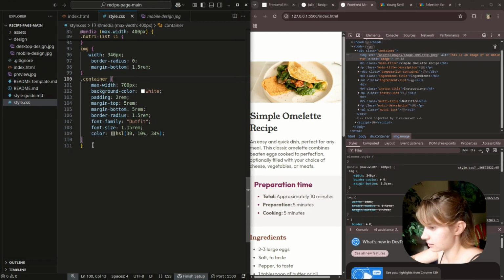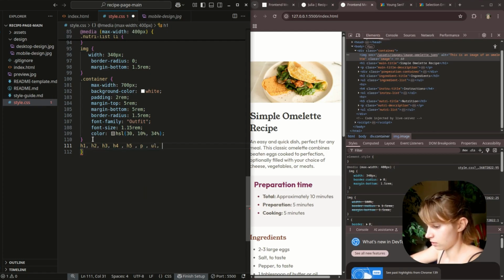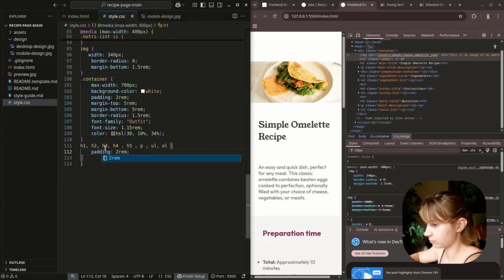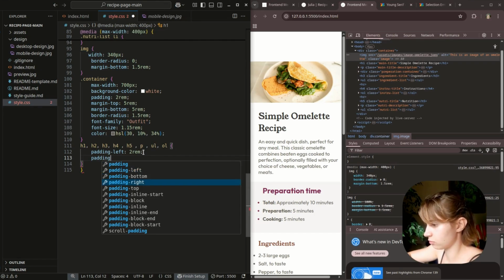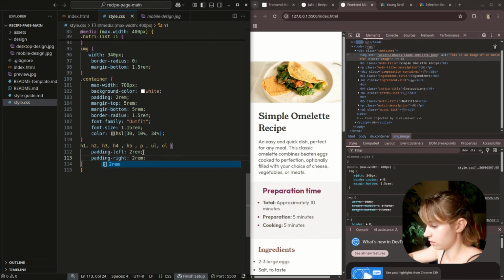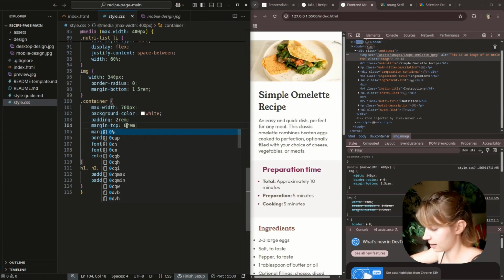Okay, and I don't know why the 2 rem padding is not being applied, but we can just write this H3, H4, H5, P, UL, OL, and we can give it a padding of 2 rem, a padding of left 2 rem. Okay, that looks a lot better, and a padding of right of 2 rem. Okay, that looks very good, and then we're going to do a padding top of 0